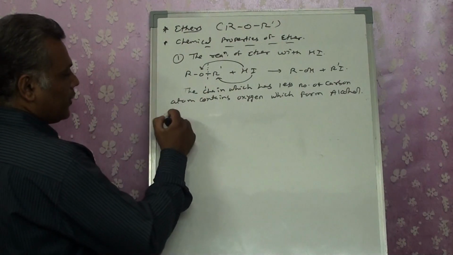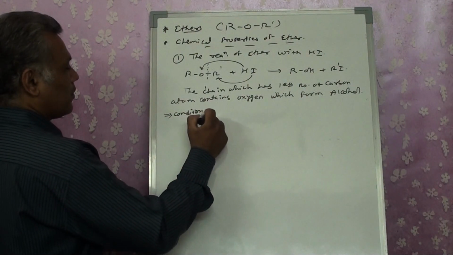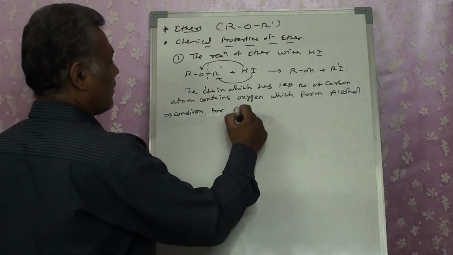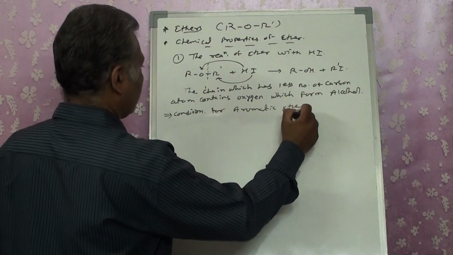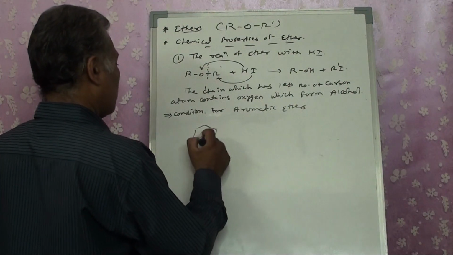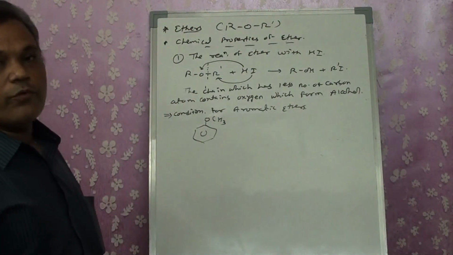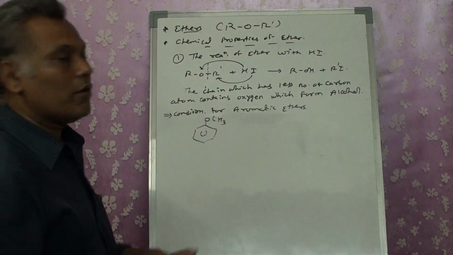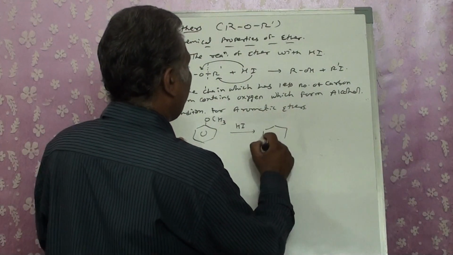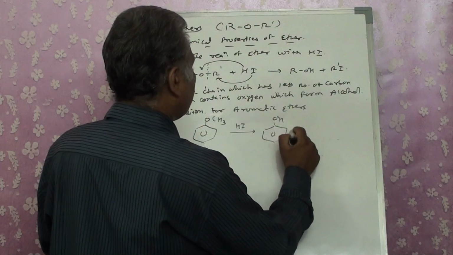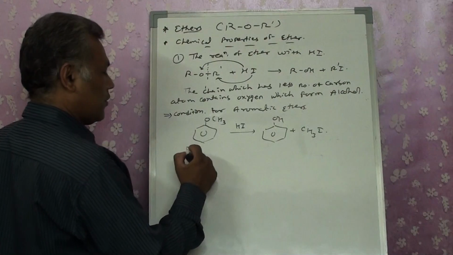Now in place of that, for aromatic ethers, if I have OCH3 on benzene, then as per this rule, what should happen? I should get methanol. But no, here when I react with HI, we get phenol OH and CH3I, right? The reason is